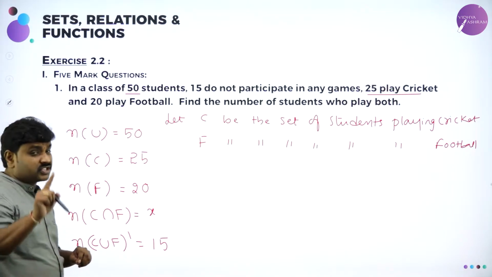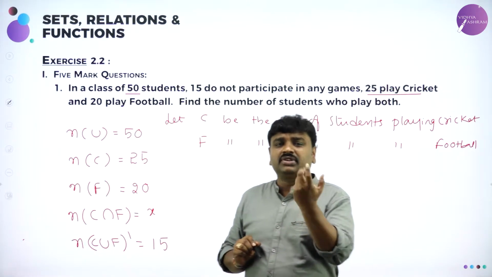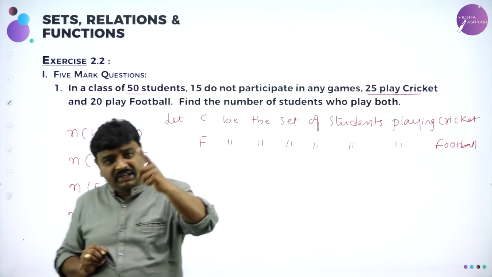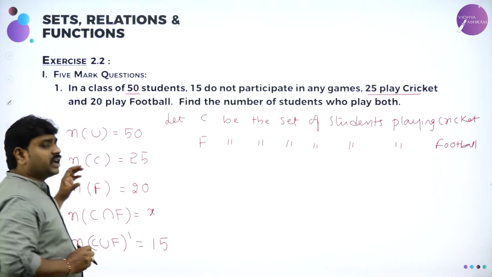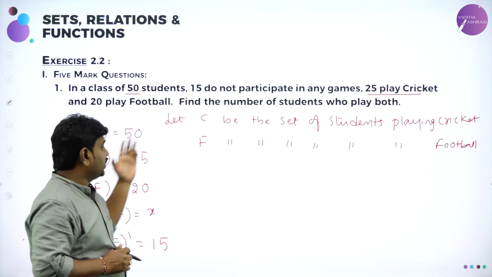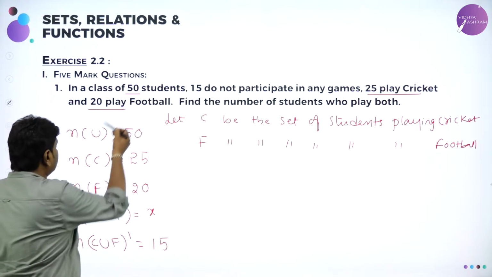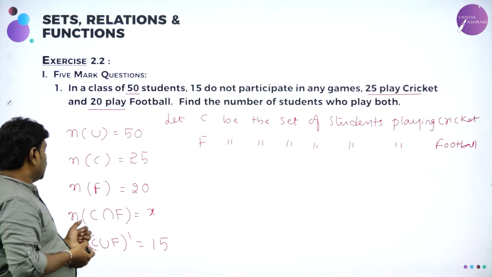So now the first method I will teach you is the formula method. In the formula method without ambiguity you will get the answer and I will give the same thing in Venn diagram also. So number of students playing cricket is given how much? 25. When you read you will get it. 20 play football they told, that's why n of F, number of students playing football, 20, I wrote, and they want